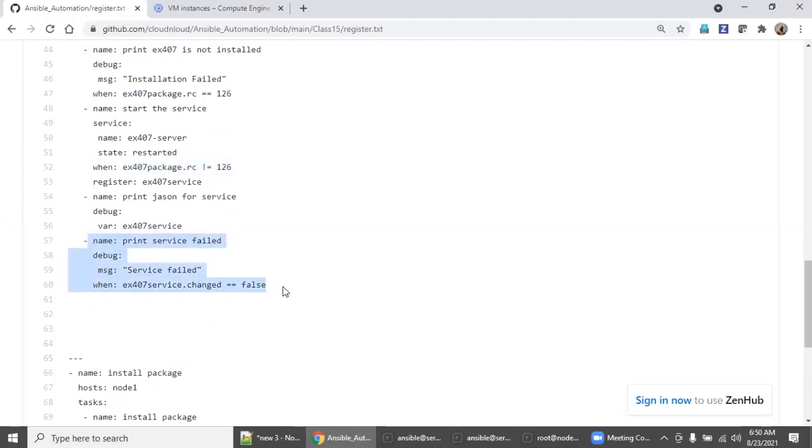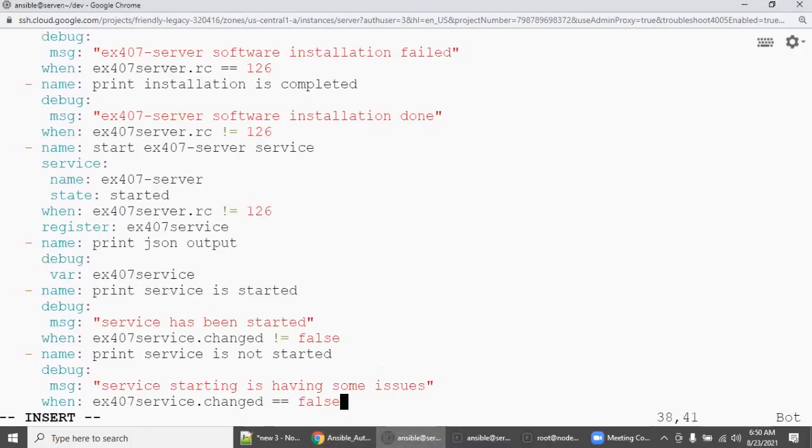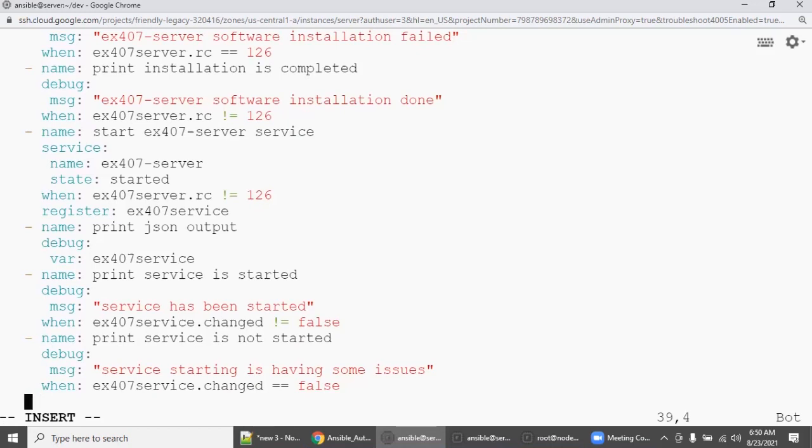So now both conditions, how do you club both conditions? So here hyphen name. So now say print both package is not installed and service also not started.